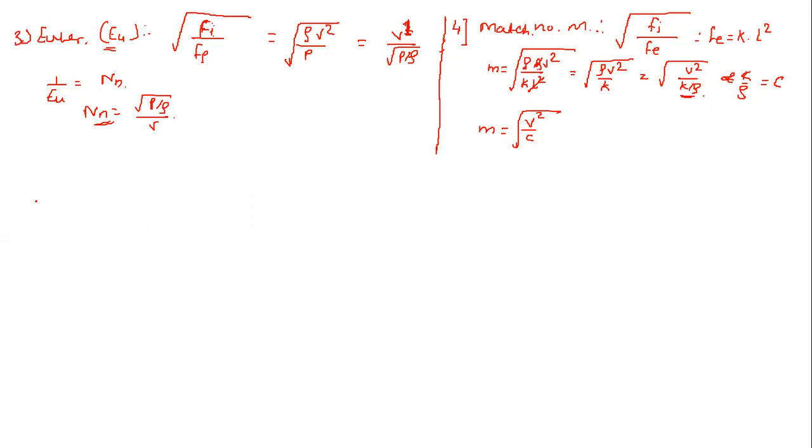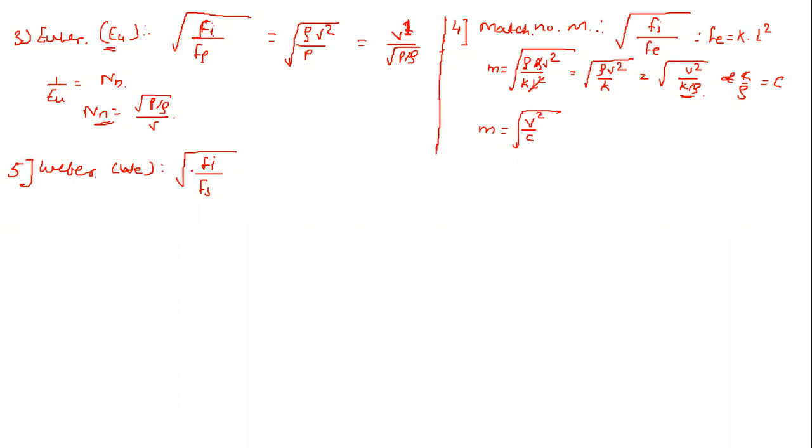And the last one which we are going to consider here, the fifth one, is the Weber number. Weber number is denoted as We. It is also the square root of the ratio of the inertia force and another force involved, that is the surface tension force. So Weber's number is the ratio of the inertia force Fi to the surface tension force Fs, in a square root.